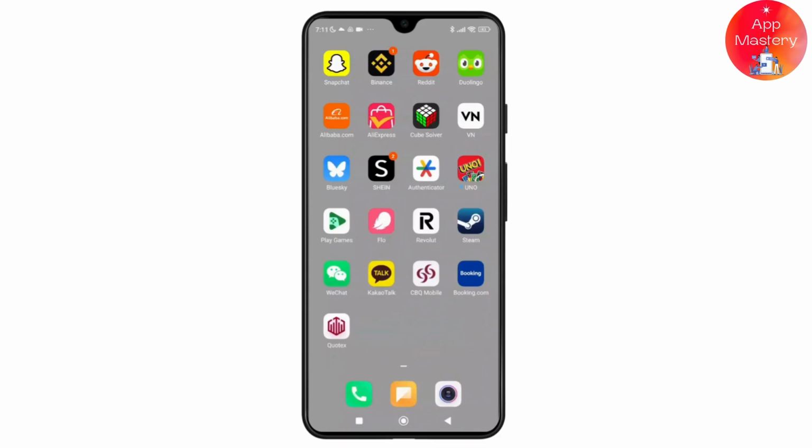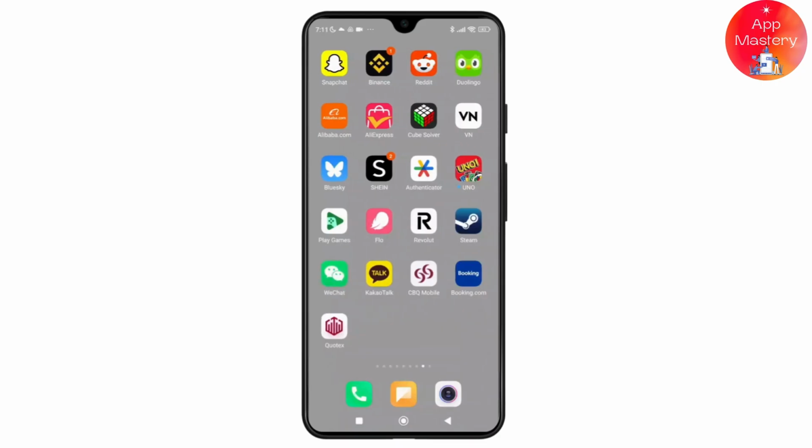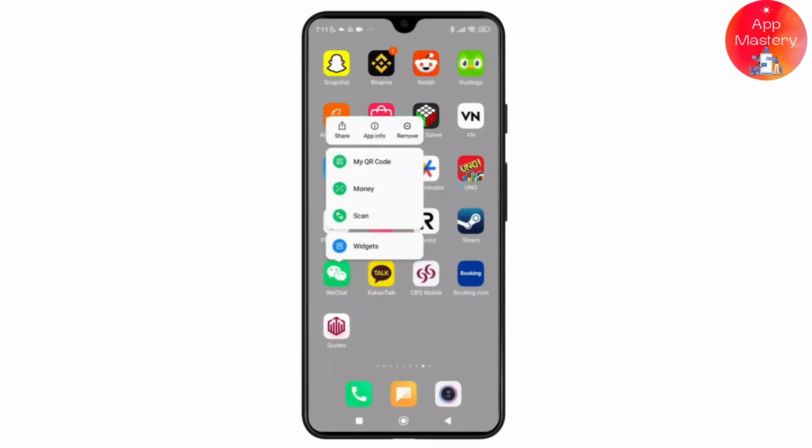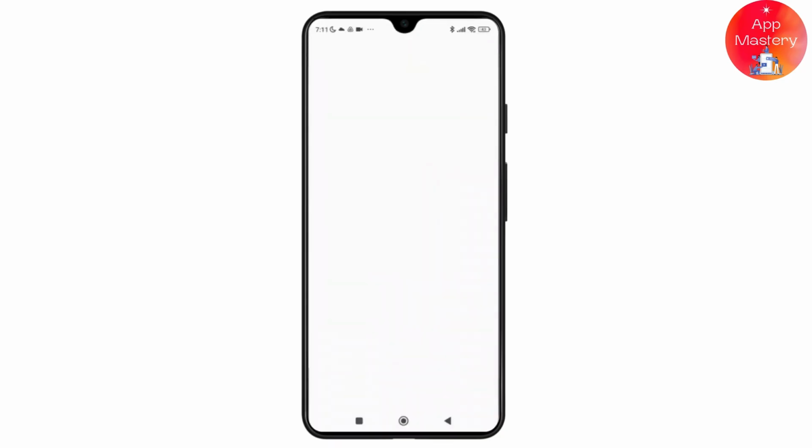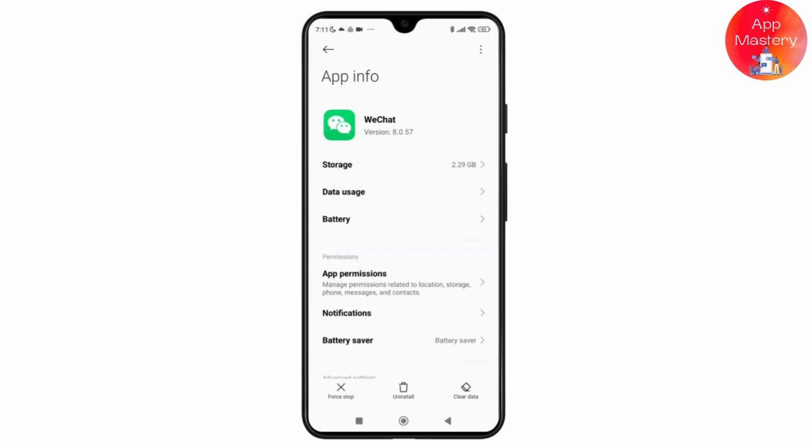So first things first, press and hold on the WeChat app icon on your mobile, and after that a pop-up menu will appear. From that menu, simply tap on app info and you'll be prompted to the app settings. From here, once you are in the app settings, simply tap on the option labeled as clear data, and